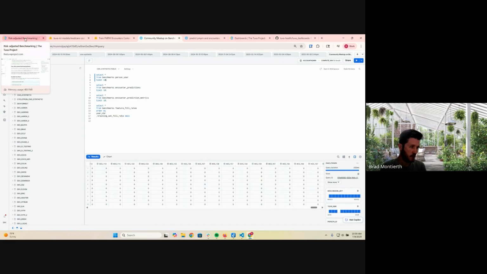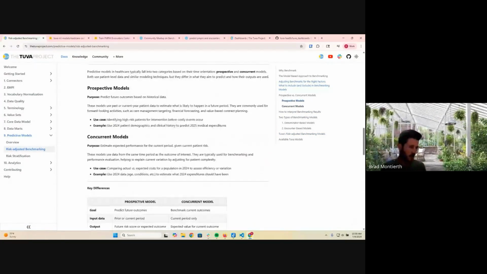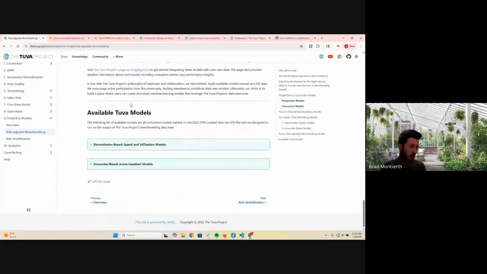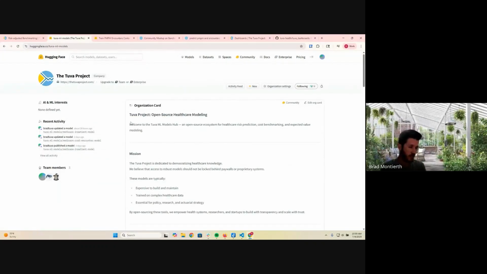And so you'll want to jump over to get the models themselves. They're hosted on the Tuva Project's Hugging Face page, where we have a repo that contains all the files needed to run. The easiest way to get to that without going to Hugging Face directly is the tuvaproject.com. Under docs, we've got a nice write-up of all the different things we're talking about today, best practices and so on. But at the bottom, we do link over to our Hugging Face page, and that'll take you to our organization landing page.